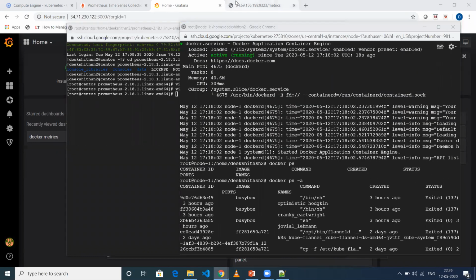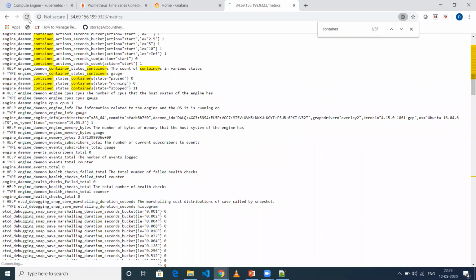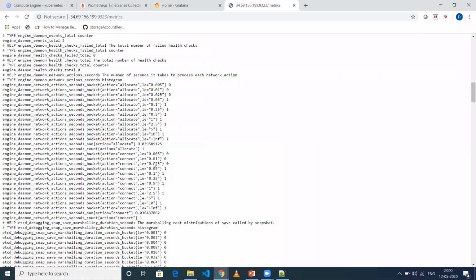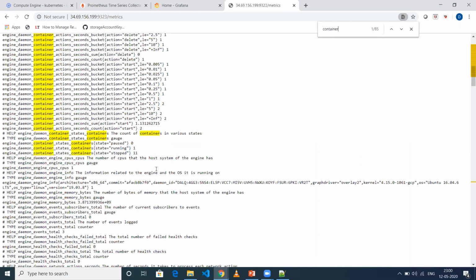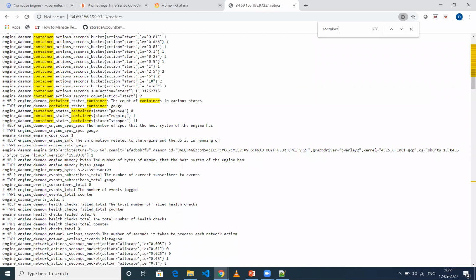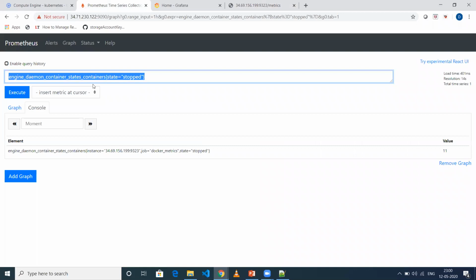When I look at this particular endpoint, this should have changed. When I search on container, now you see there is a running container. We will execute this particular query in Prometheus. Let's see what we get.